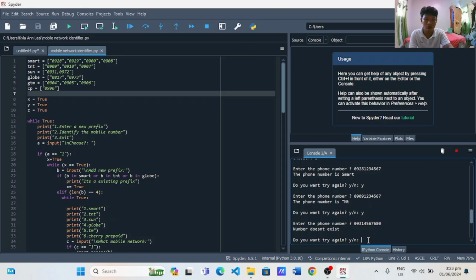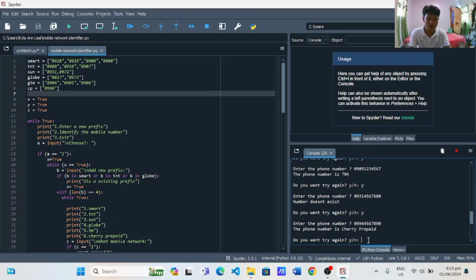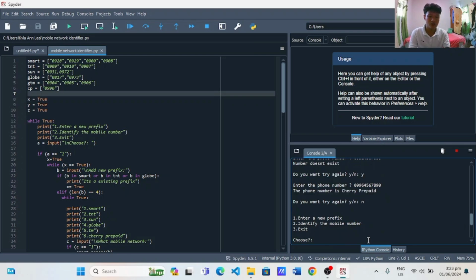So we'll try again with a new number. Yes, and we will try 09965 6890. So we press enter, and the phone number is identified as a Cherry prepaid network. So do you want to try again? No. You press N and then press enter and it will go back